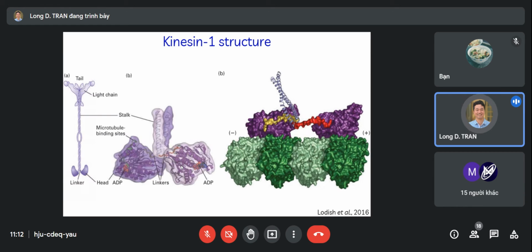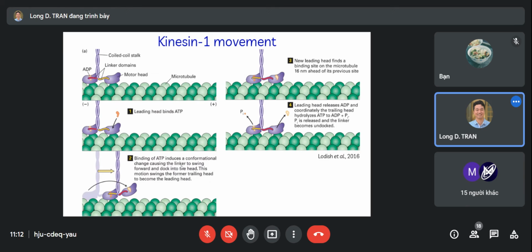Even though they are different, kinesin and myosins actually originate from the same ancestor protein. The movement of kinesins on microtubule is a little bit different from myosins, in that it requires the coordination of two heavy chains